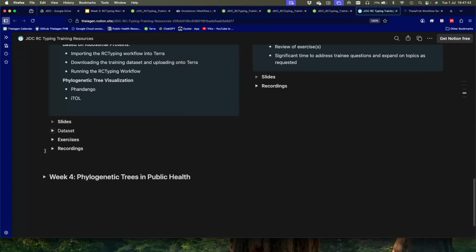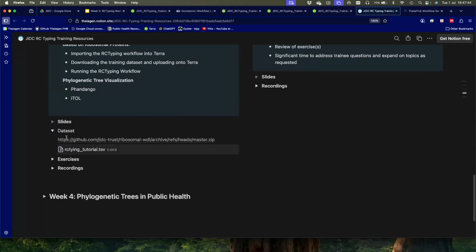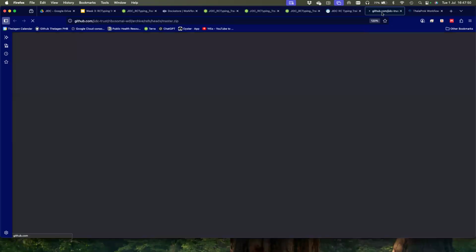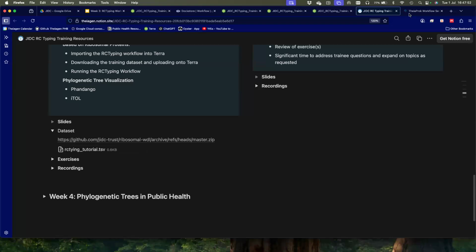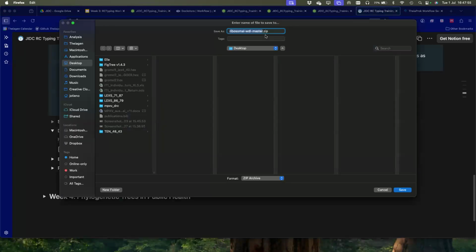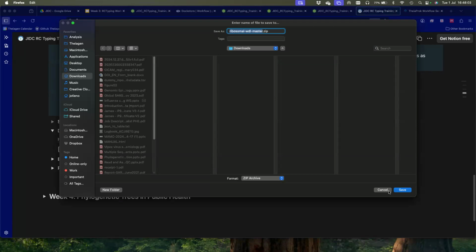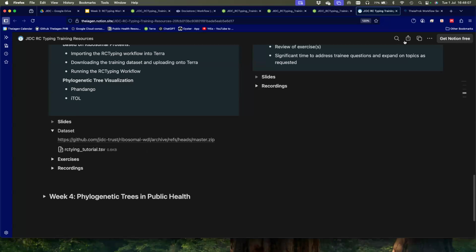So here you'll see in this toggle button, we have the data set. There's a link here that takes you to this GitHub page. Oh, this is actually cool. So we are able to actually just download this file. So let me just put it here in my downloads. So if you save that file,